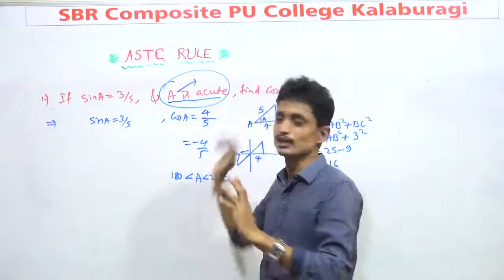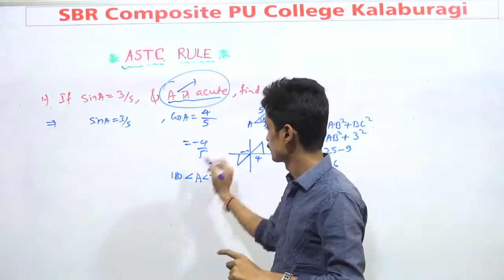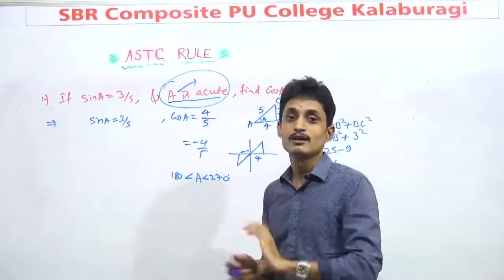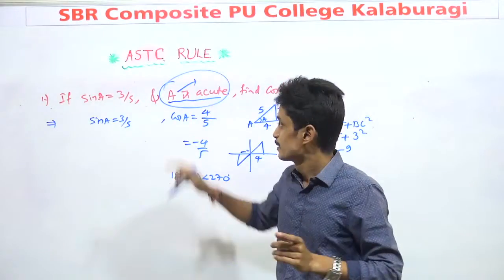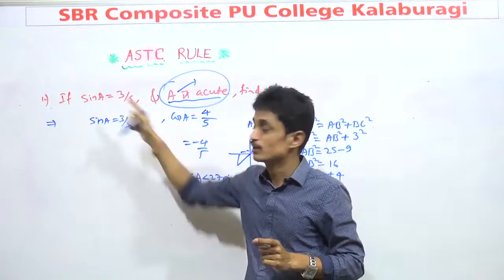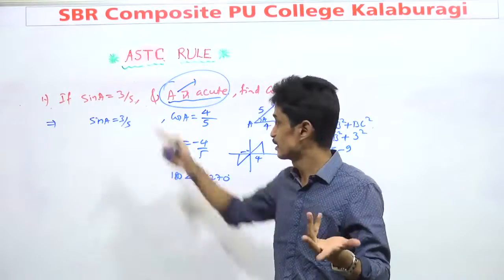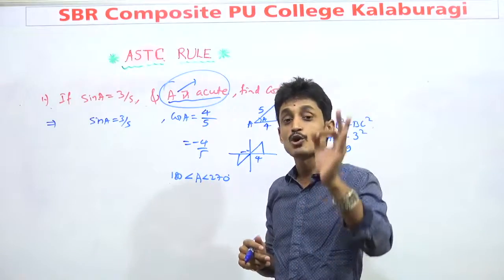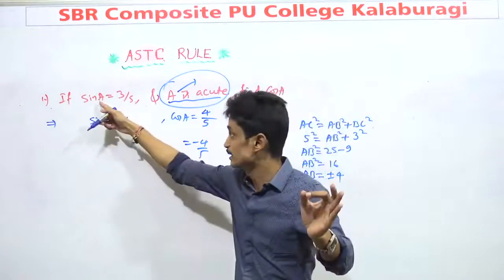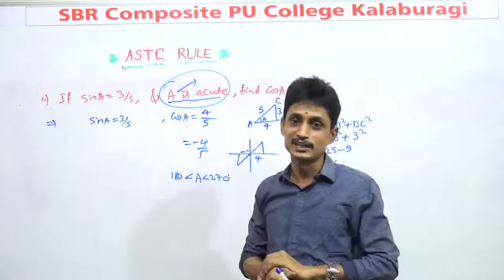There our cos ratio is negative, so write 4 by 5 and behind it write a minus sign. My suggestion is that you properly observe the angle theta or A, whatever the variable. First we confirm in which quadrant it lies. By observing this, we can easily identify our quadrant.